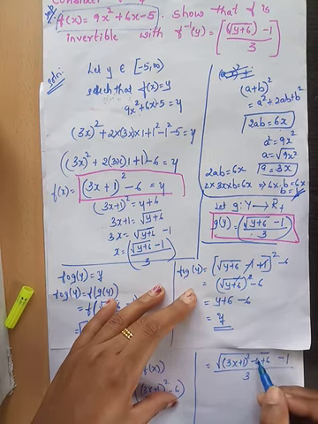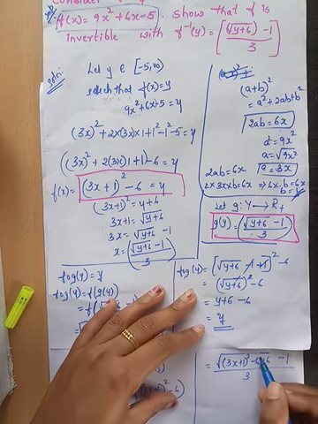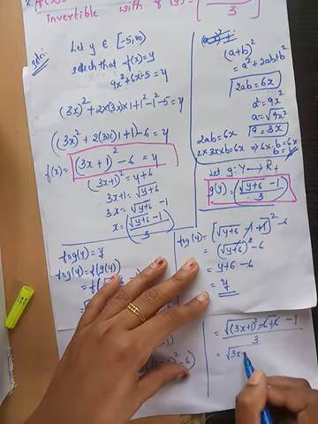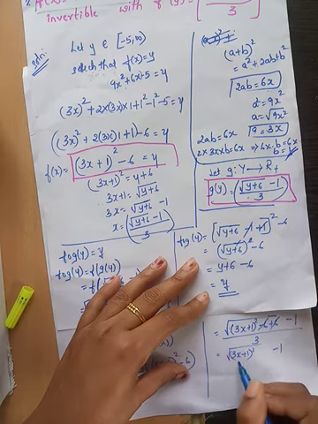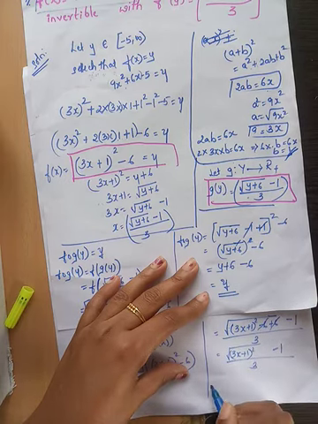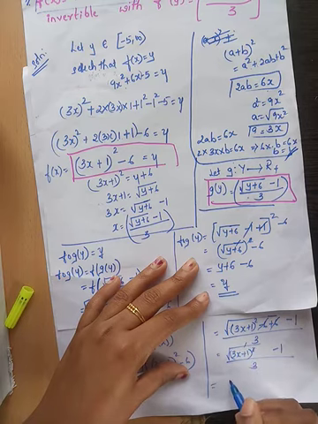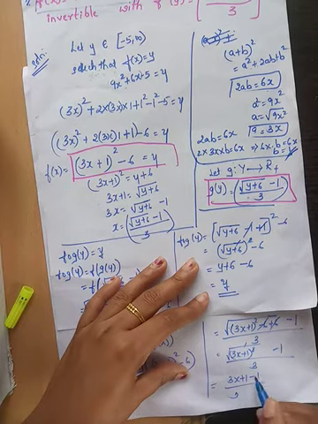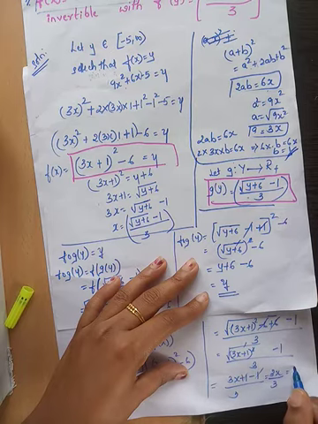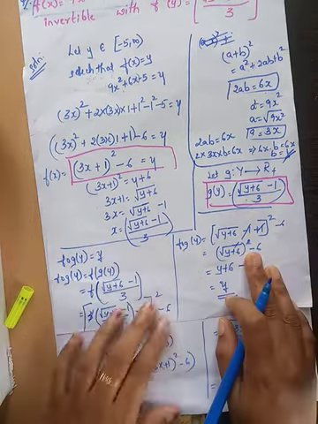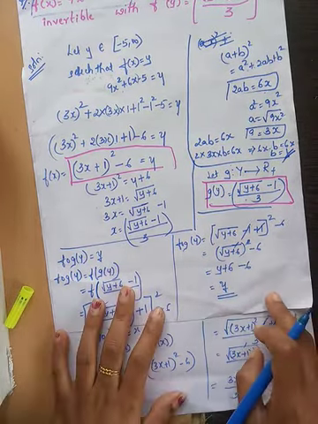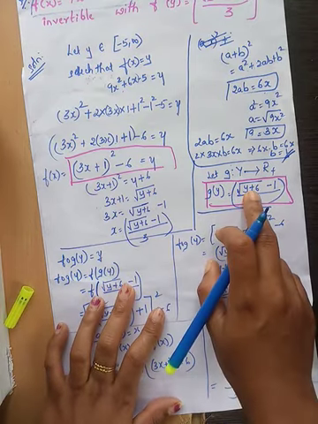First you cancel the terms inside the square root: minus 6 plus 6 get cancelled. So you will be left with 3x plus 1 whole square under the square root, minus 1 outside, divided by 3. Square root and square get cancelled. So you will remain with 3x plus 1 minus 1 divided by 3. Plus 1 minus 1 cancels. So 3x by 3 is equal to x. So we have shown that g composition f of x is equal to x and f composition g of y is y. Hence, g is the inverse of f.